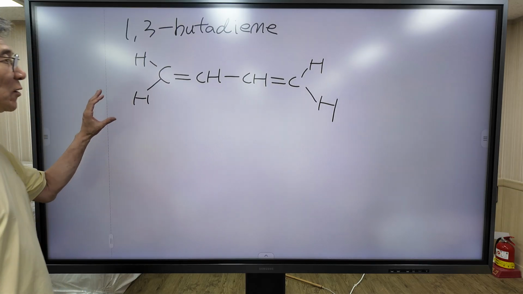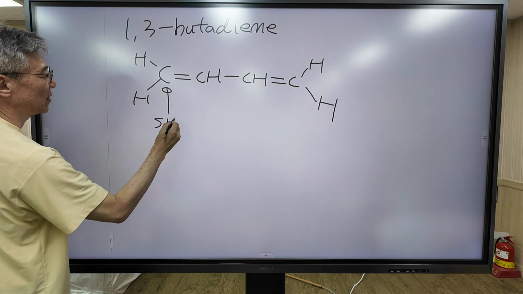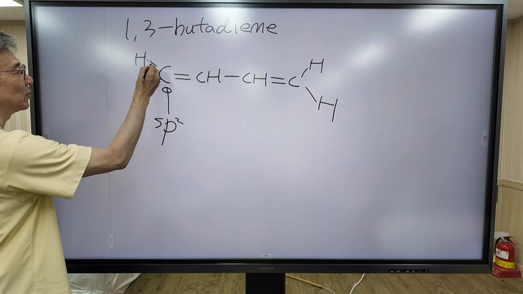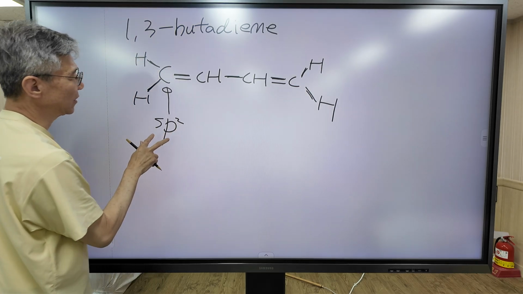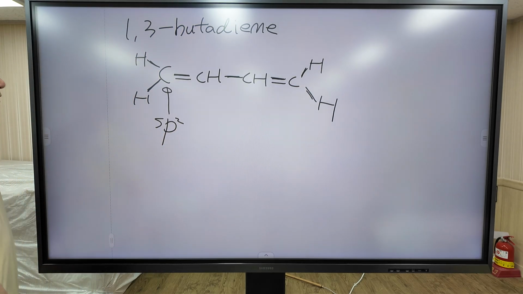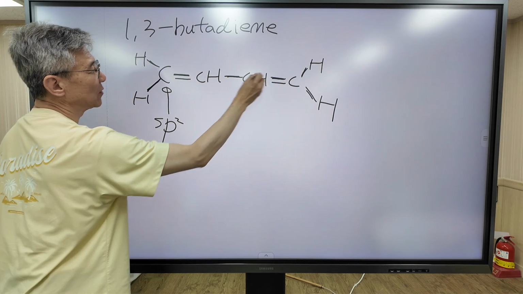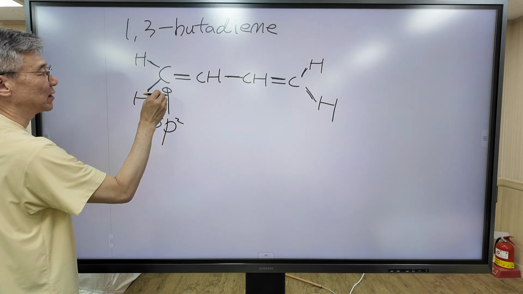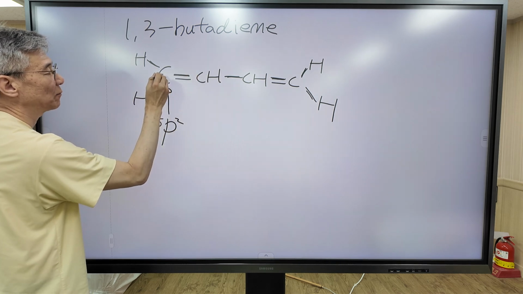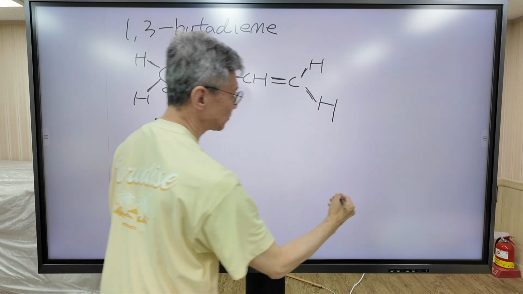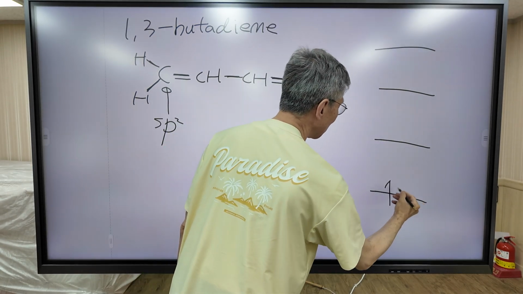To explain the molecular electron structure, we are going to use sp2 hybridized orbital to explain the sigma orbitals like this. All the sigma orbitals can be explained using sp2 hybridized orbital, and the remaining unhybridized p orbital forms 4 molecular orbitals. There is an unhybridized p orbital on each carbon atom. So 4 p orbitals form 4 molecular orbitals, and electrons occupy up to this orbital.